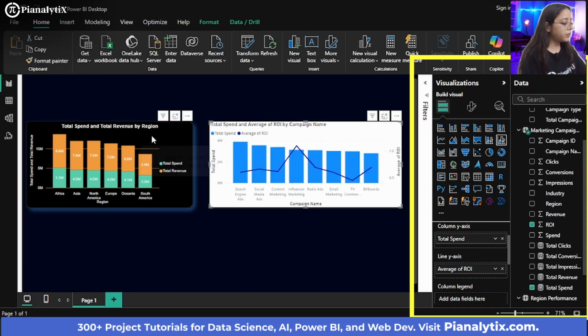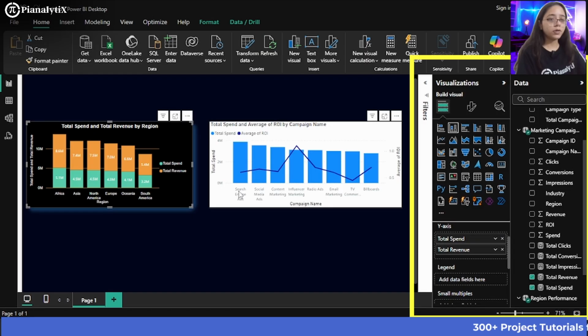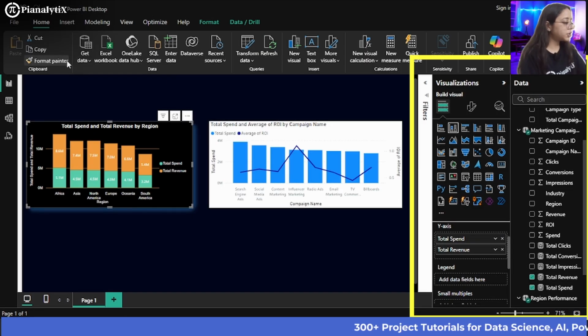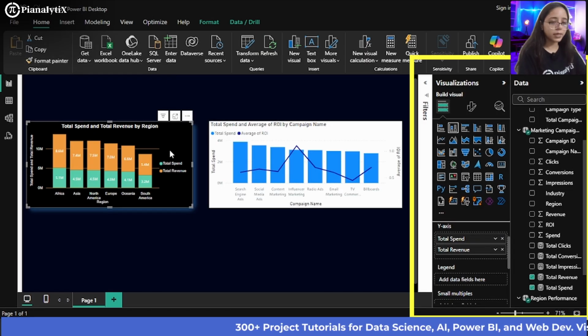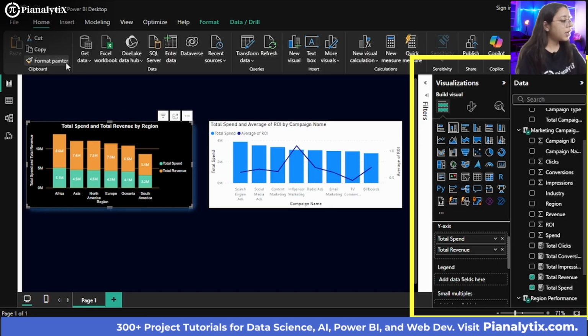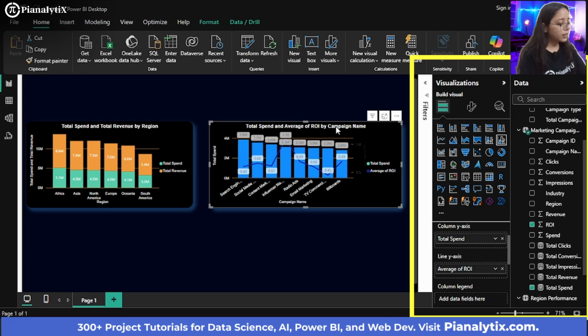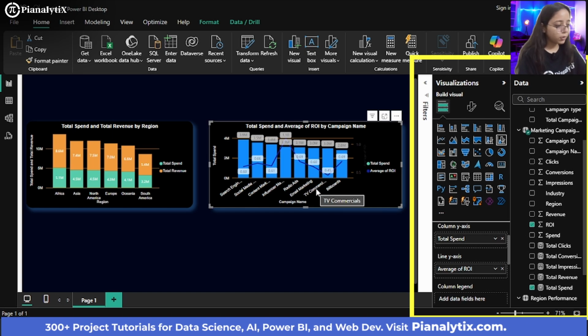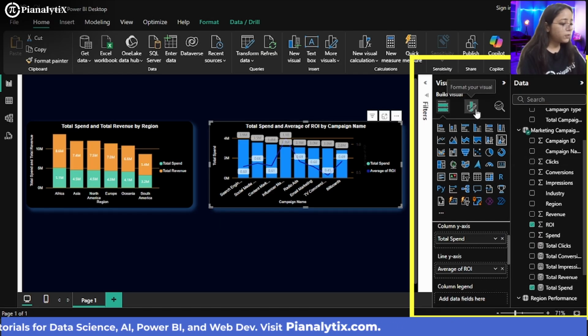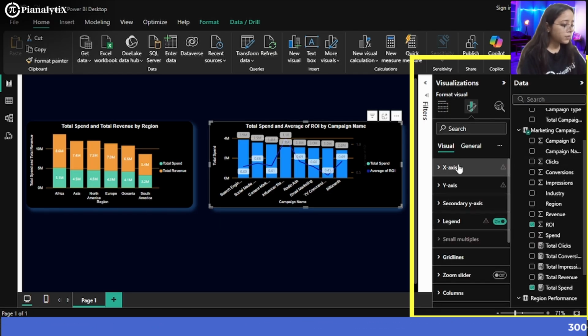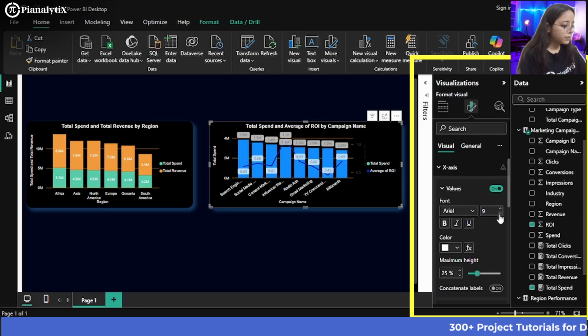So now what am I going to do is first I'm going to click here, and in order to save your time for each visualization, you can just click on a particular visualization that has already been edited, and you can just click on format painter and click on this one, and that will basically do the other changes. For the other crucial changes, like the x-axis and the color of the columns, which don't look good, we will be working on that. So we will move to the format your visual section, and for the x-axis,